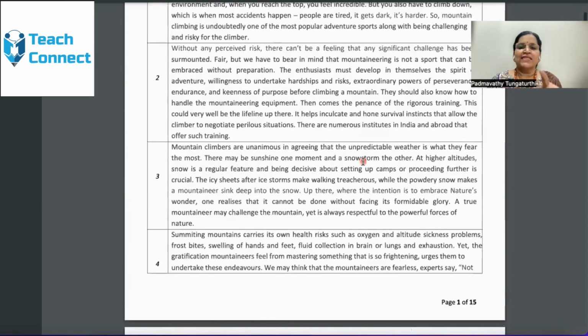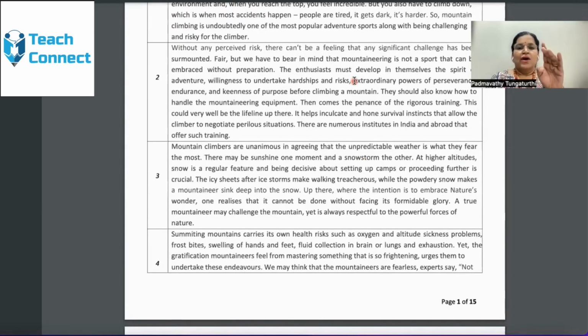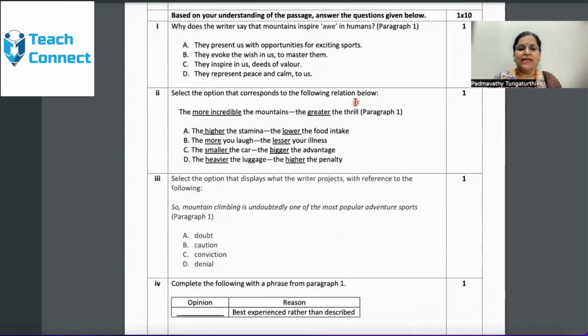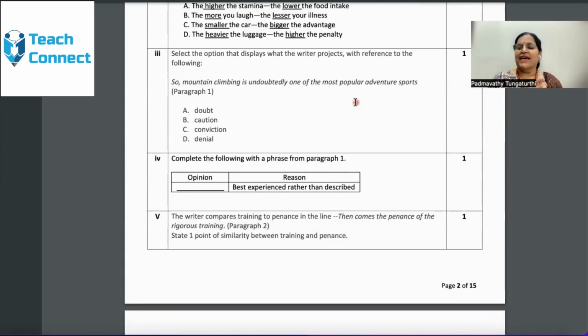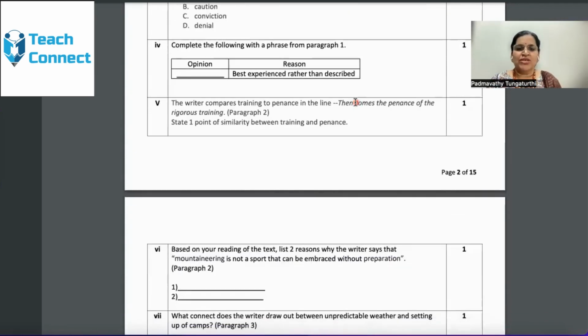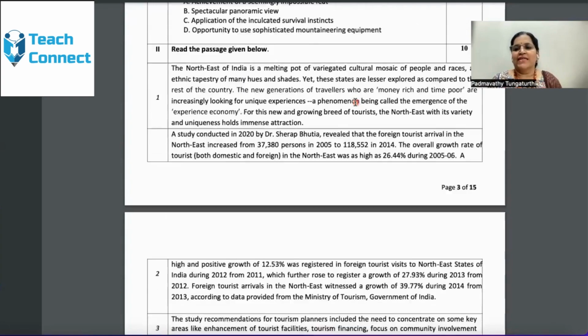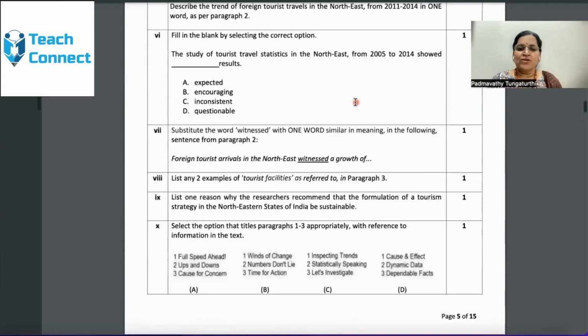Now again, going to passage 2. Going to this first passage, paragraph 2, read it completely and then go to all questions pertaining to paragraph number 2. This way the child can write down all the answers for these questions, and when the child has a border, it is easy for him to answer the comprehension passages.